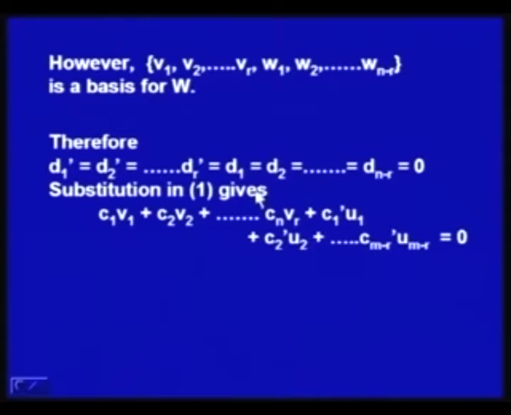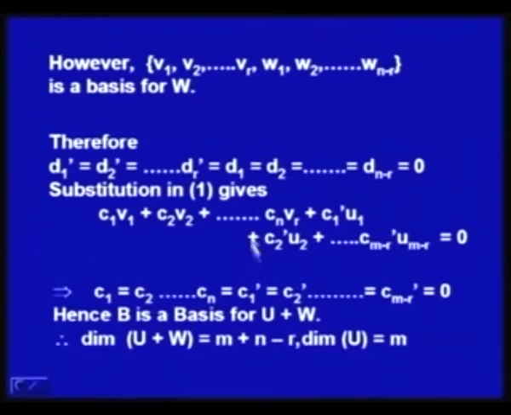and substitution in 1 gives C1 V1 plus C2 V2 plus C1 dash U1 plus C2 dash U2 plus Cm minus R dash Um minus R is equal to 0, and since this forms a basis for the set, then C1 is equal to C2 is equal to Cn is equal to C1 dash is equal to C2 dash, and that means all coefficients are 0, and that means all the vectors are linearly independent. Hence, B is a basis for U plus W, and this means dimension of U plus W is equal to